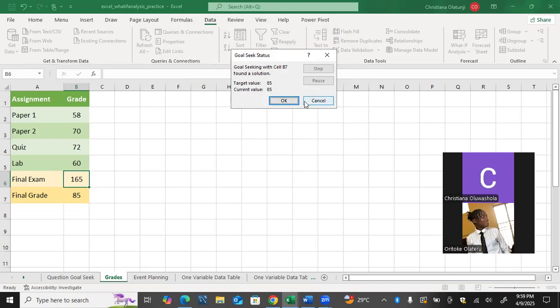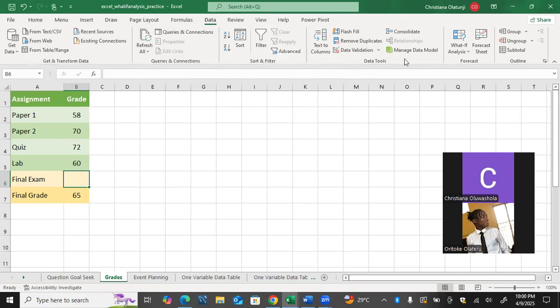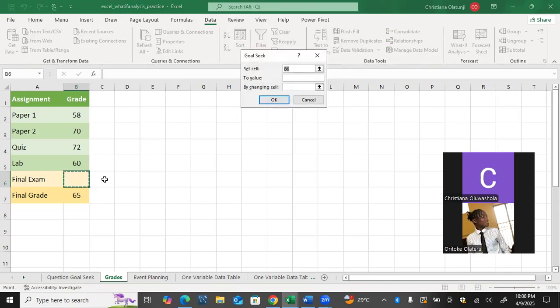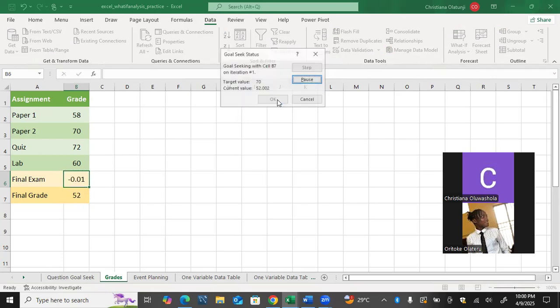Any question? Before it gets more complicated. So this to 70 by changing cell this. Okay, let's calculate. Give me my result. Yeah, meaning if I want to get 70%, I should aim at scoring 90 for that my final exam. Now, that's for